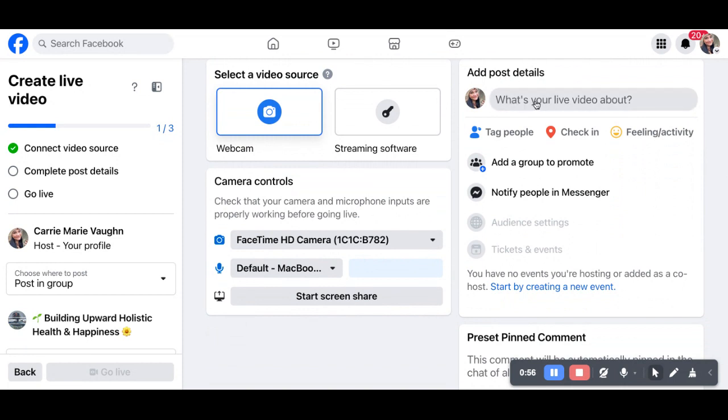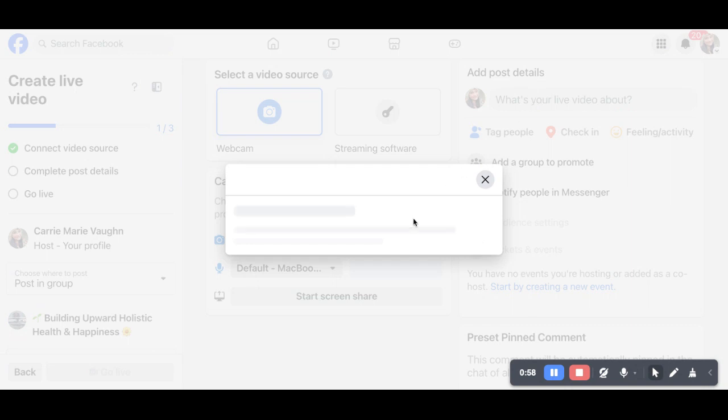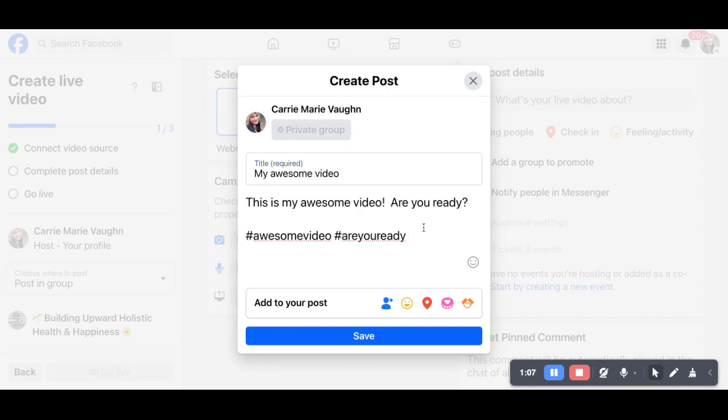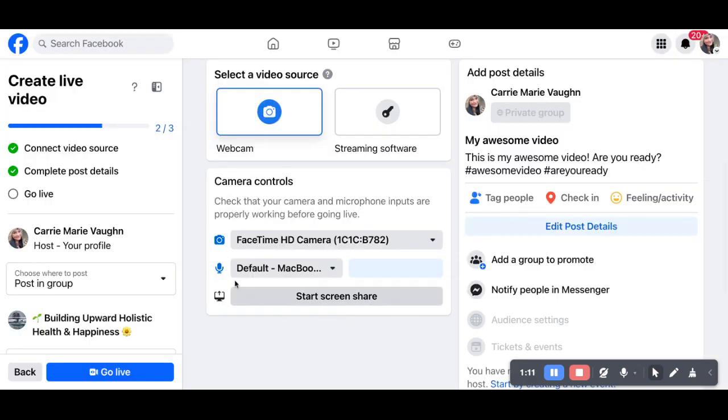So click where it says what's your live video about. And you're going to want to do a title, which is required, and also a description. Once you've done that, you can go ahead and click save,